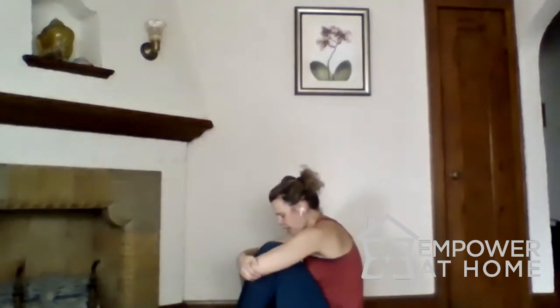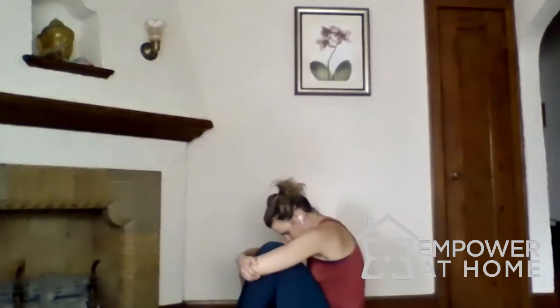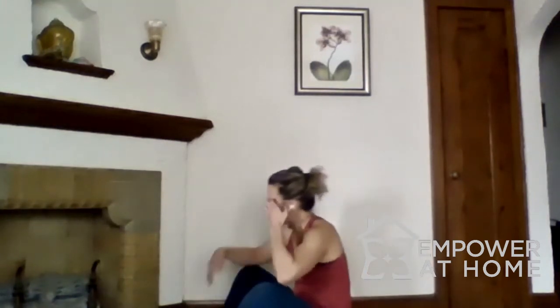Hug your arms around your shins. You can bring your heels closer towards your seat. Let your forehead rest towards your knees. Beautiful. Release your hands and we'll bring the soles of the feet together, coming into a butterfly pose or cobbler's